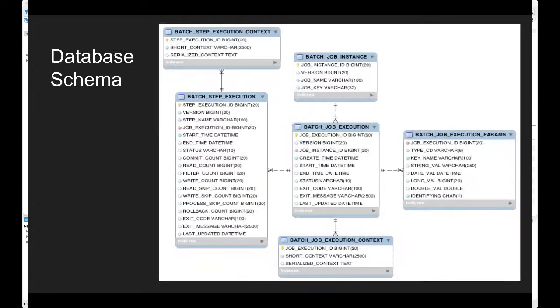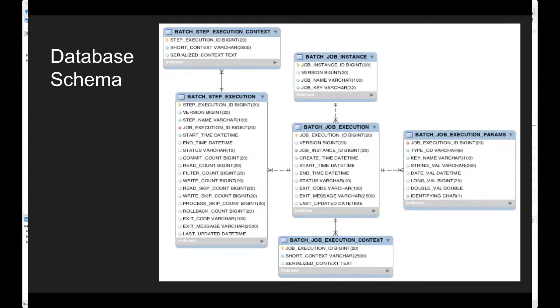The next thing which I am going to show you is the database schema. Now it would seem like multiple fields, which I think if I explain, it will be very difficult for you to understand. So let's talk at a high level about what tables the batch job provides for you.